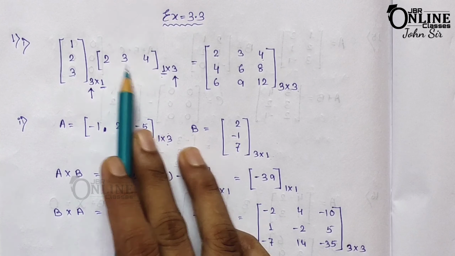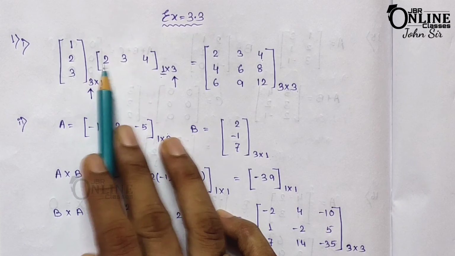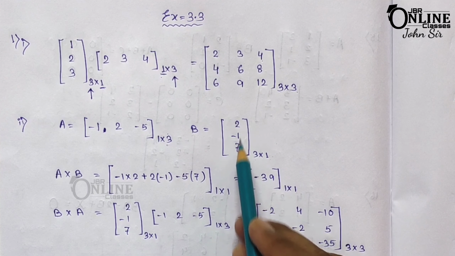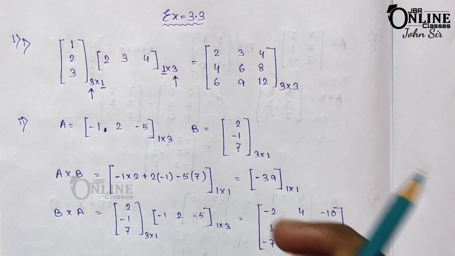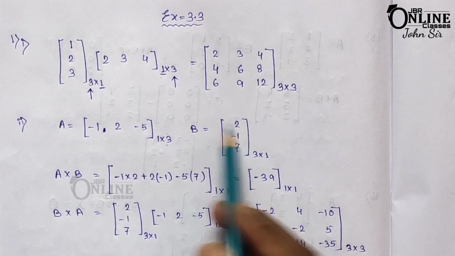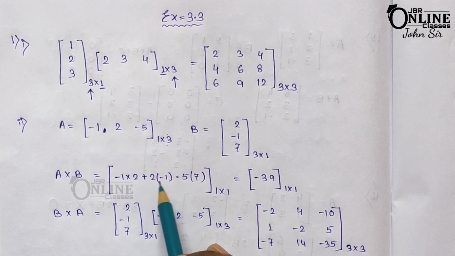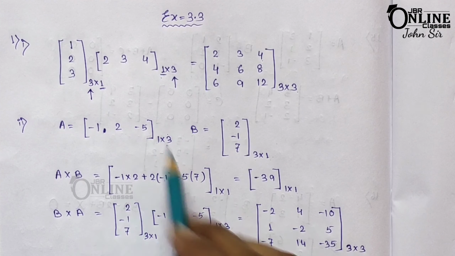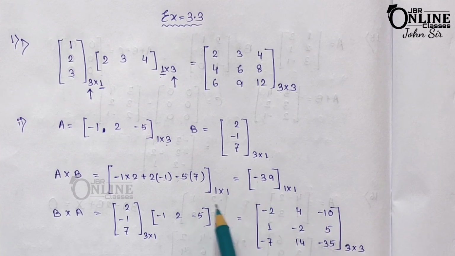In the previous case, you just multiply separately, because you have to multiply the row with each and every element. But in this case, you have to multiply each and every element and add them together. So here 2 into minus 1, so minus 1 into 2 plus, then minus 1 into 2, 2 into minus 1, then minus, as here minus plus a minus, so it's minus, and then 5 into 7, that equals minus 39, and here the order is 1 cross 1.